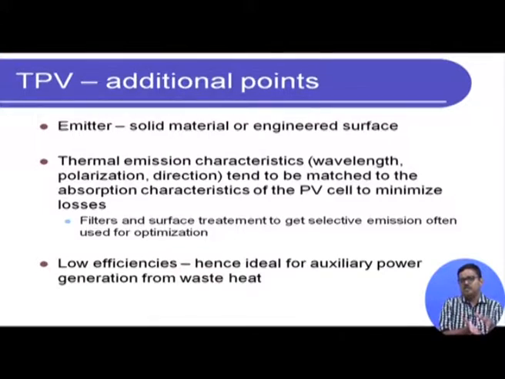Okay. So, if you are in a regular power plant, similar to all the other direct conversion devices that we talked about, if you are wasting a lot of energy in the form of thermal energy, use that to heat up the emitter surface. And as you heat it up, if you are able to reach the temperature range, like 900 to 1300, which is one range that I talked about, where the emitter surface starts emitting photons, and you engineer the surface such that the emission characteristics are close to the absorption characteristics of the photovoltaic cell, then we will be able to convert the emitted photons to electricity directly at the PV cell.